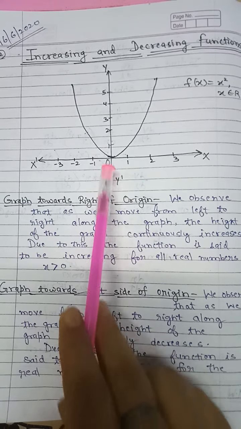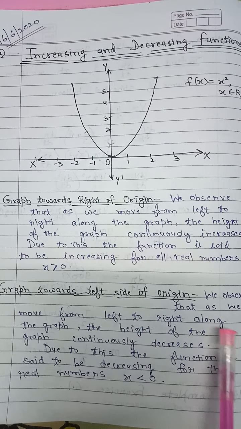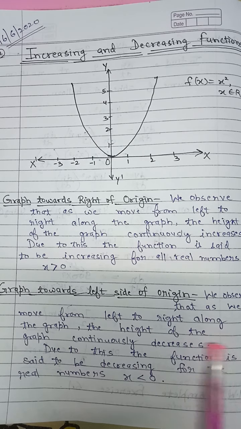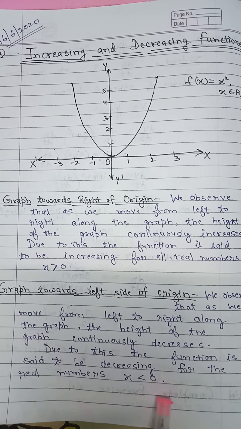Now let us see towards the left hand side of the graph. We observe that as we move from left to right along the graph, the height of the graph continuously decreases. Due to this, the function is said to be decreasing for the real numbers x less than 0, means for